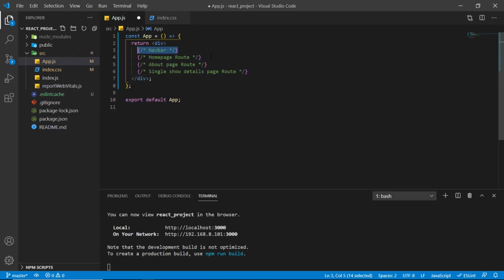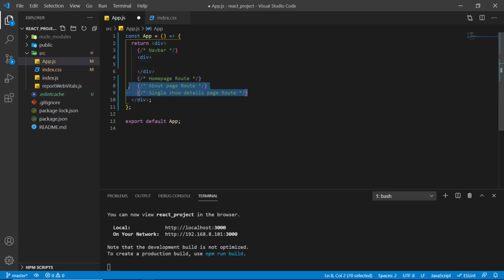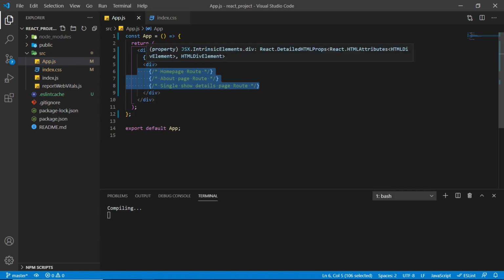Okay, so this would be the kind of structure of our application. We have the navbar, we have the home page, and inside of the home page we'll have different components, and inside of the about we'll load that list, and then the single page for just listing the single show details. Okay, so I like to start with my routing, as this just gets the flow of my application going. So before I do that, for the routing for these specific pages, I like to add them in some container div. So this just helps me structure